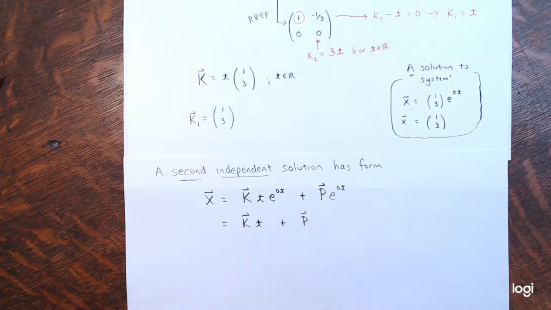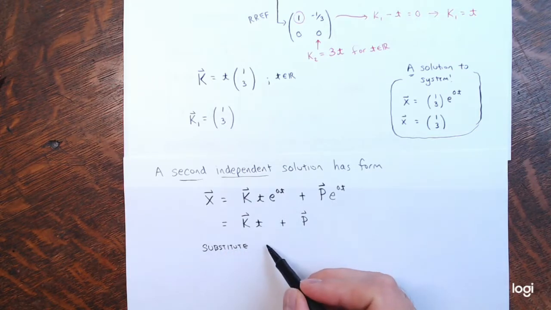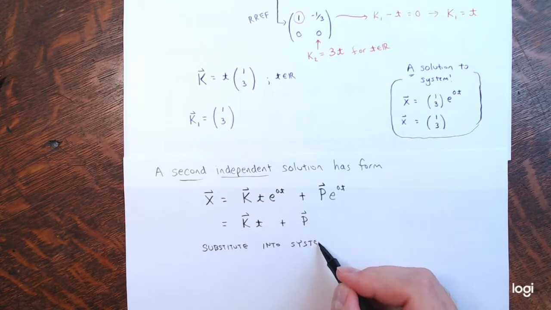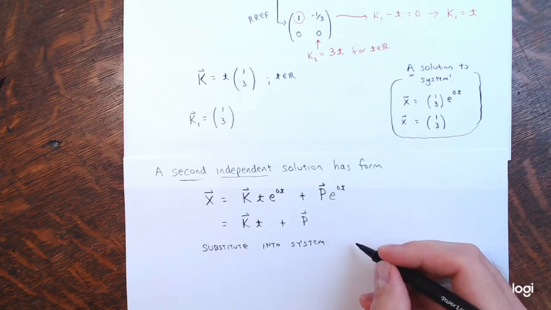Now look at what happens when I substitute this. We're going to try to figure out what these are. How do I find these k and p here? If I substitute this into the system, let me show you what happens. I'm just going to go into any system, not just our system. Substitute into the system, x prime